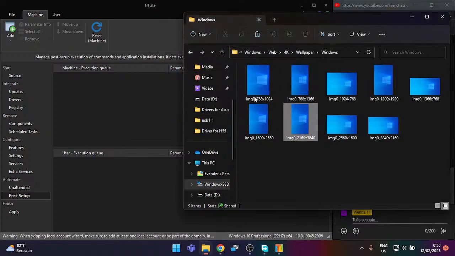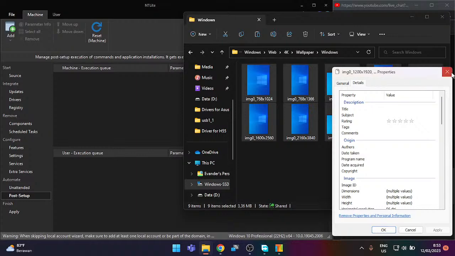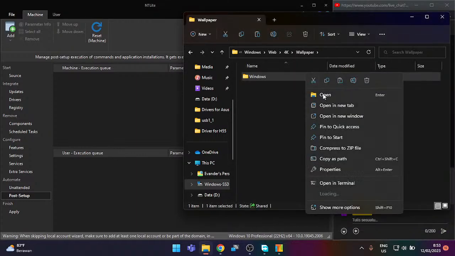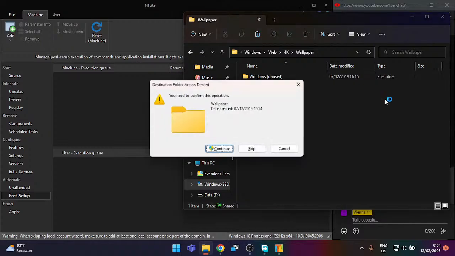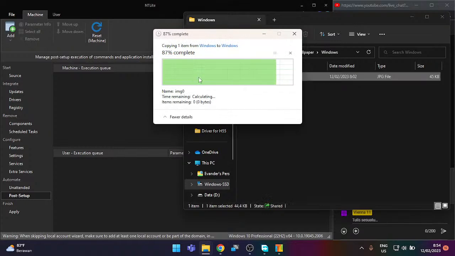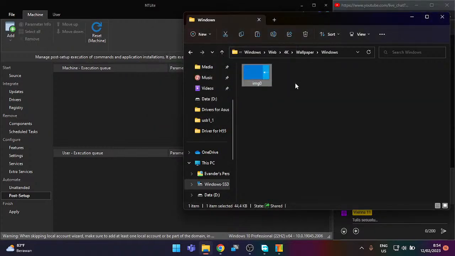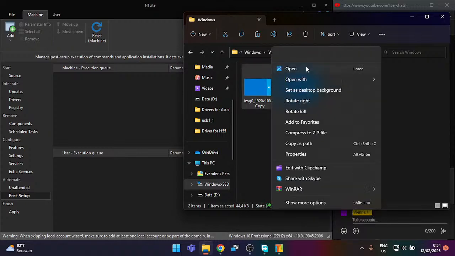I have completely forgotten that I actually still need to get a bunch of permission changes in here. Now we will rename this to the